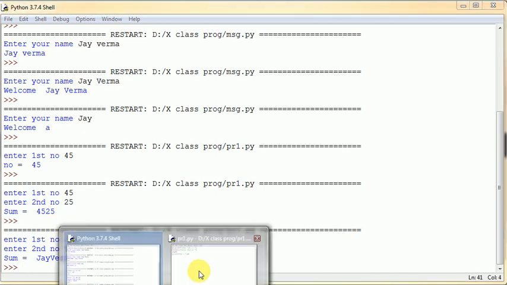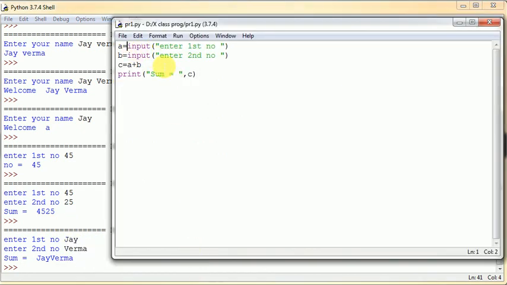So for that purpose, if you are taking any integer number, then use the int function here, int, because the input function always returns a string value even if you are giving a number, but that string value is converted with the help of this int if you are taking an integer number.